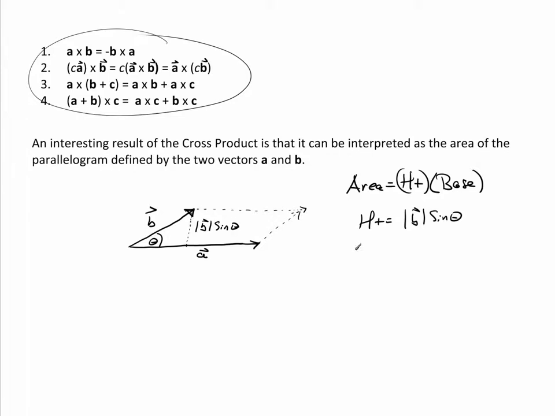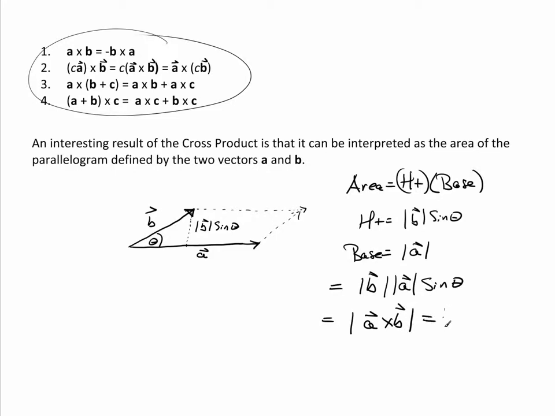And the base is equal to the magnitude of A. So this is actually going to be equal to the magnitude of B times the magnitude of A times sine of theta, which is equal to the magnitude of A cross B,